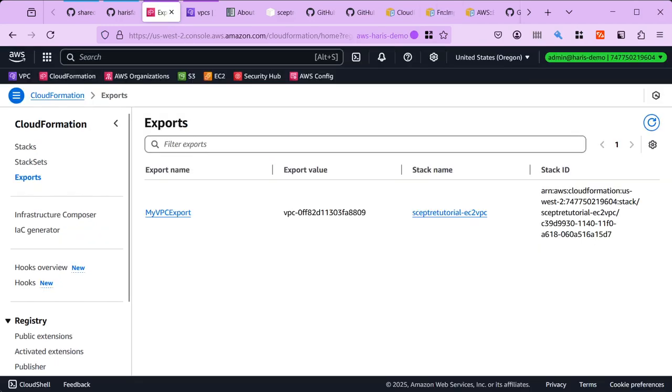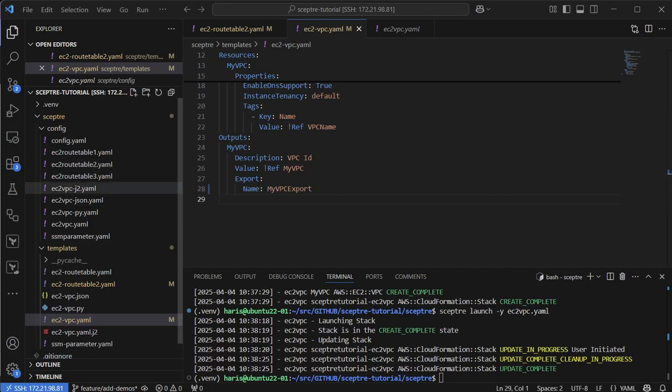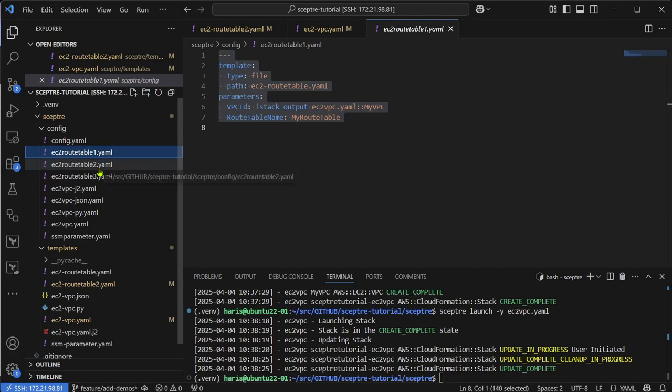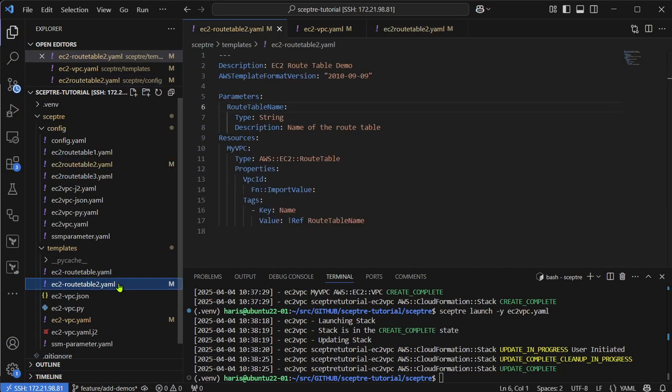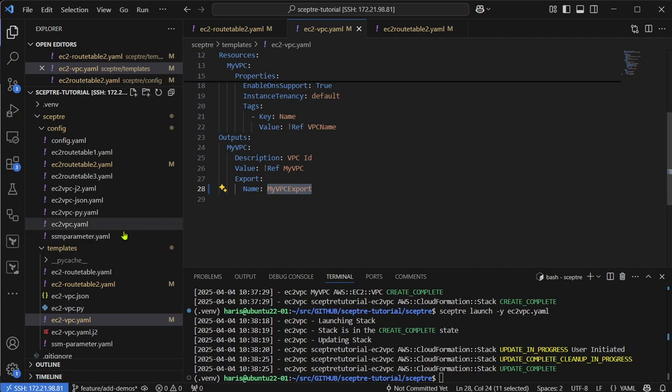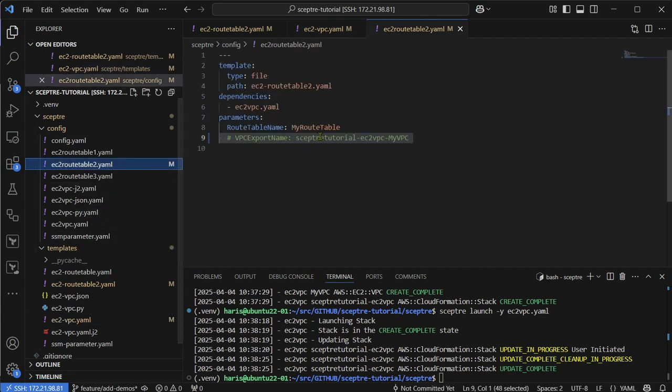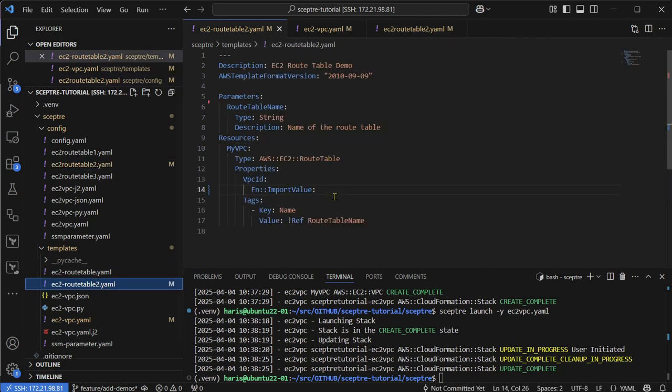Now if you go back to Visual Studio Code and then go back to our route table here, I'm going to use this one. Let's comment that one out. I have prepared another CloudFormation template for the route table, and then we're going to use this ImportValue intrinsic function in this template. This time it's going to use the value of the export. So that's the export key, and I'm going to put it in the route table template,